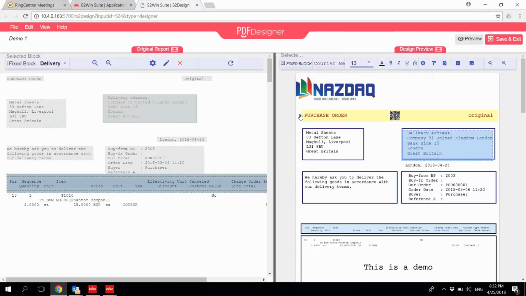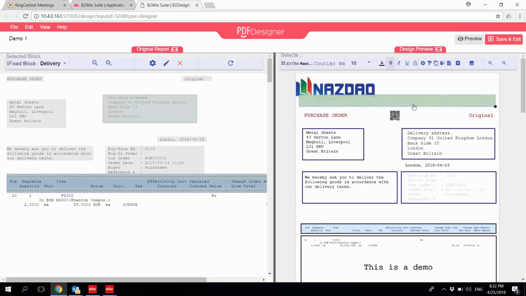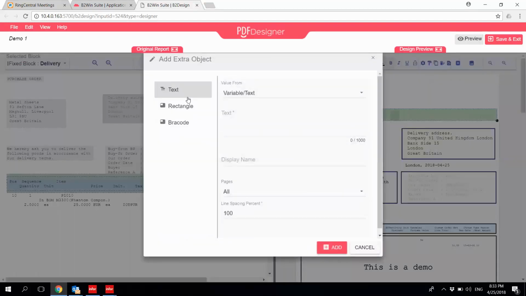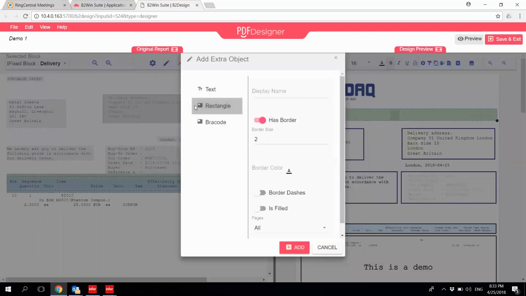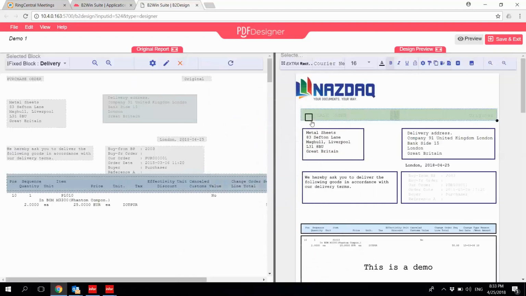So you can easily move between these blocks, move it easily. What I did here, I also added a rectangle. This one, actually, I added using this. You can easily add a rectangle. For example, let me add a new one. It will add it here. You can just enlarge it,